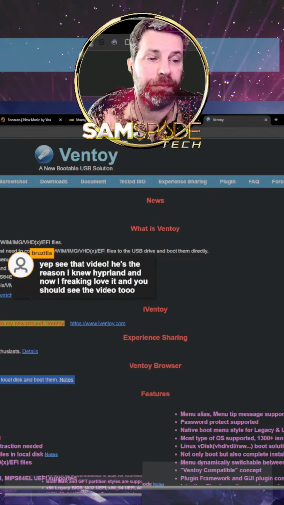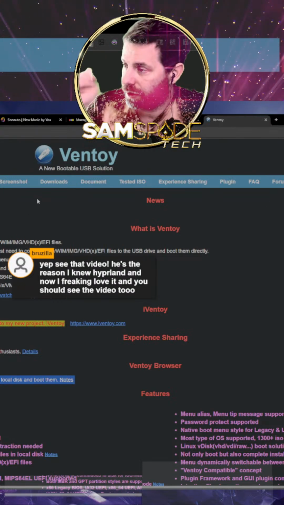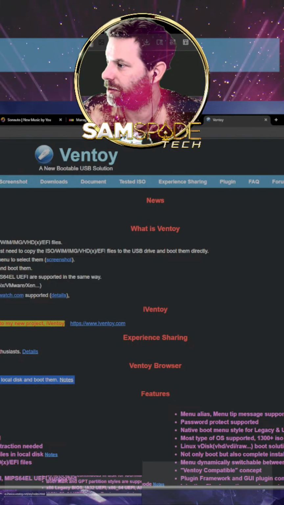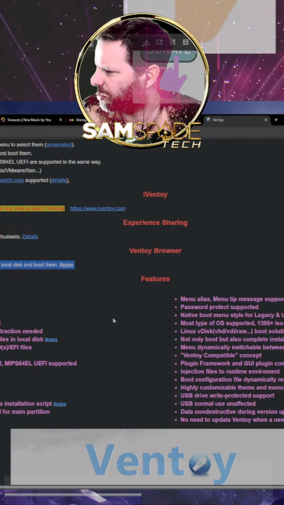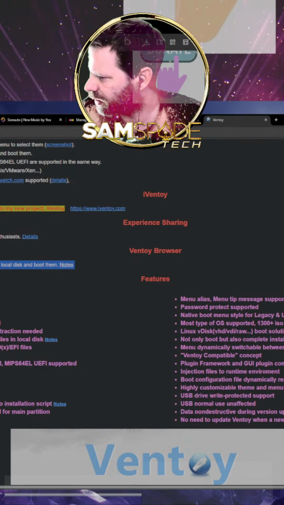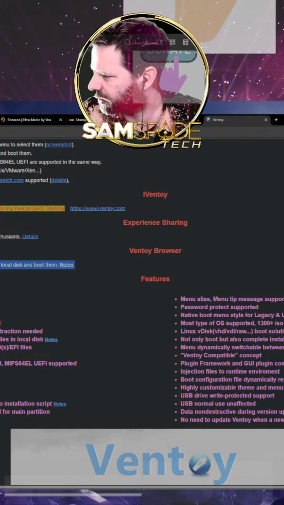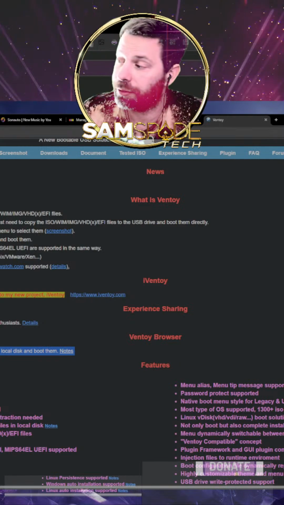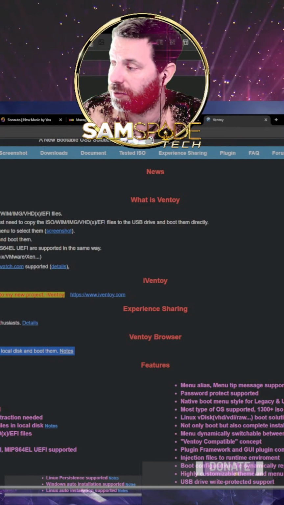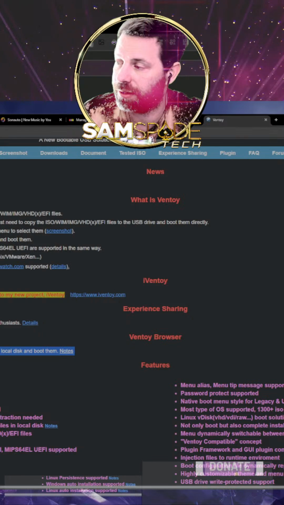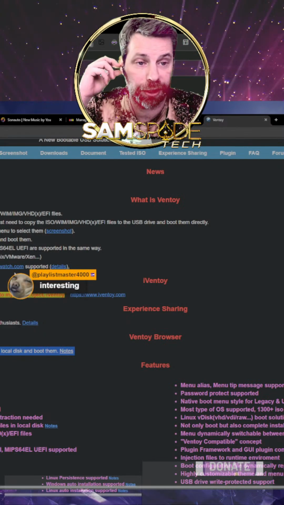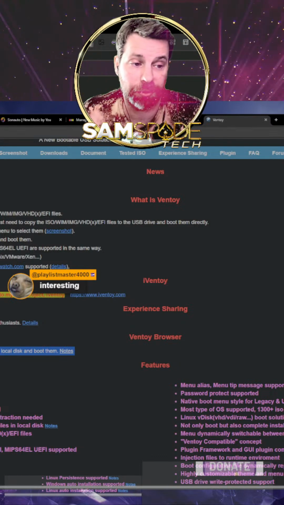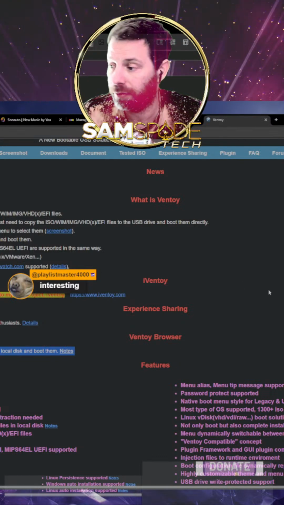Yeah, Ventoy. This is the one right here. I forget where the plugin is, but there's a plugin. It's real easy to find. But anyway, 1,300 image files have been tested. 90% of all Linux distros, you can just boot them directly from Ventoy. It's absolutely amazing. If you're not on Ventoy,